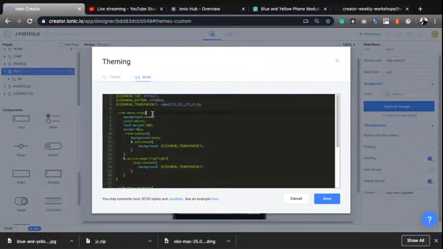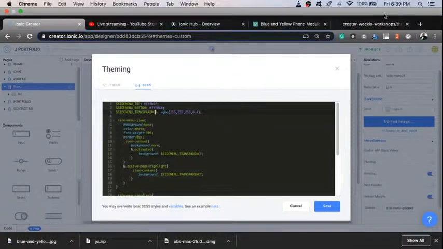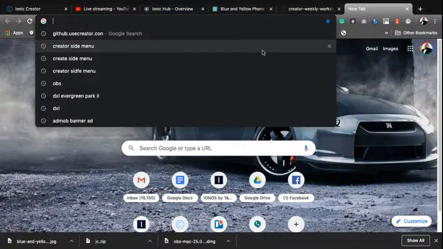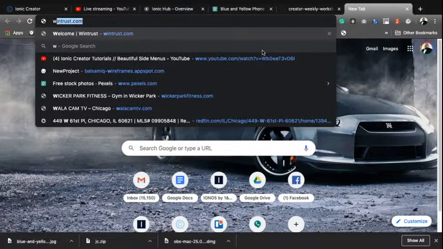But first, let's do this. Let's actually look at this and change the color. So you see these two colors here? I'm going to actually pick a red color, and then I'm going to pick a dark red color. And I'm going to show you exactly how I get those. So if we go make a new tab, and I type in web colors code,